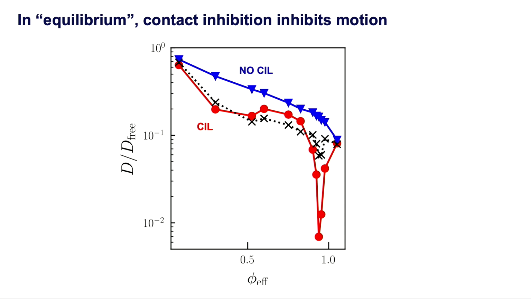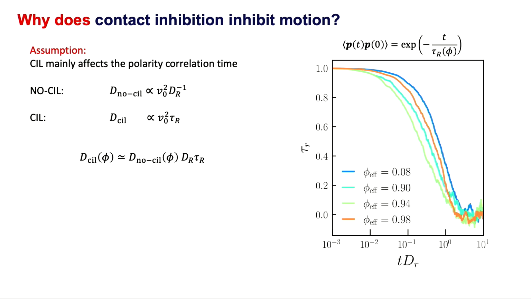So can we understand how to model this? The main assumption is that what happens with contact inhibition is that a cell is experiencing a contact and is turning. So contact inhibition is changing the rotational diffusivity. If you only assume that this is what is happening, so you don't assume any change in the structure,